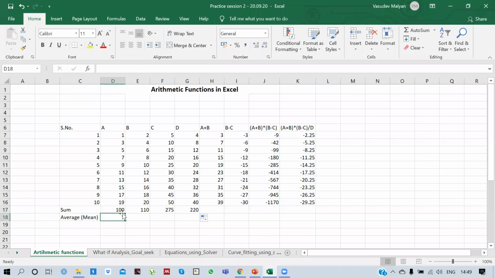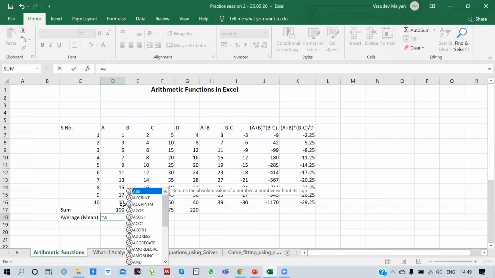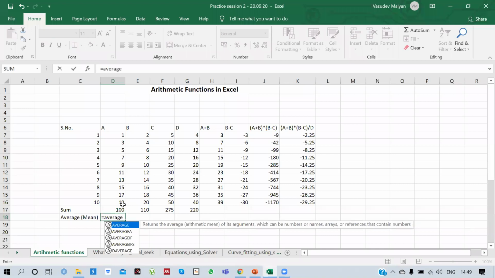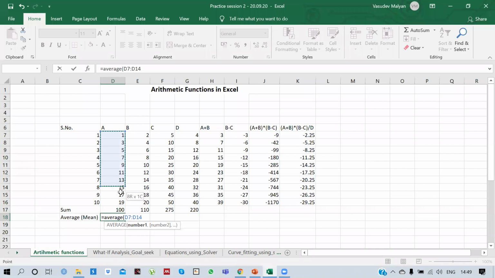Next is average. Now we are going to find the mean or average of this data. So let's say here I press the equal to sign. Now write average, use a bracket, and select this data. So now remember, we have already done the sum of this data for column A, and now we are doing the average.